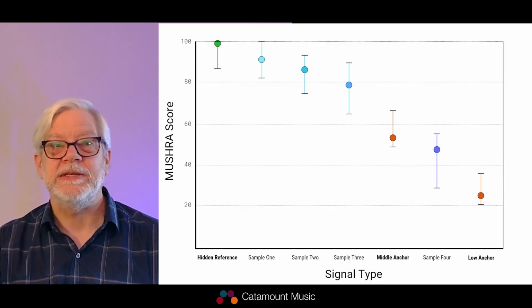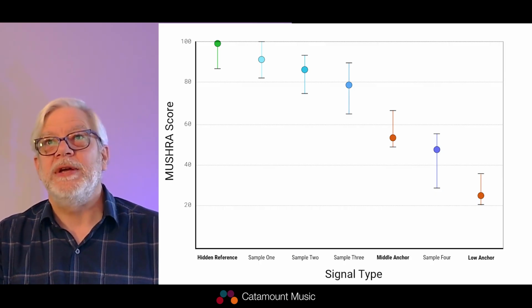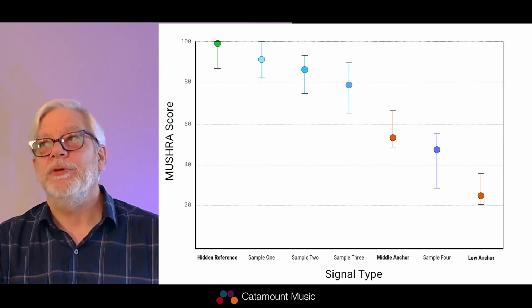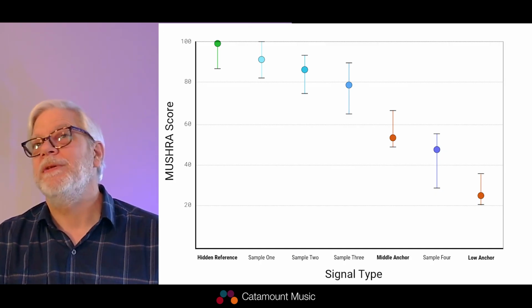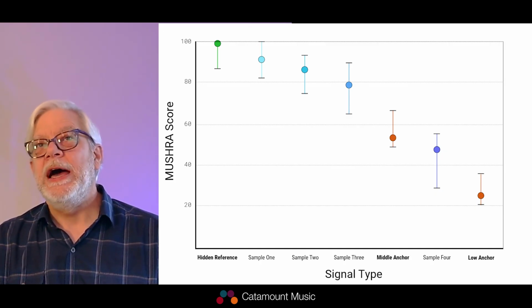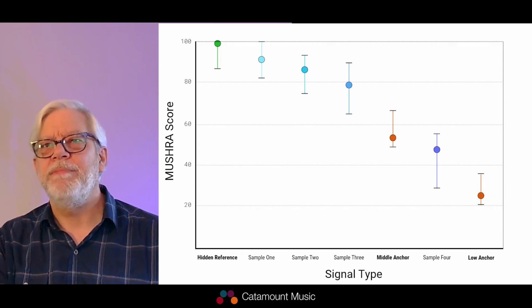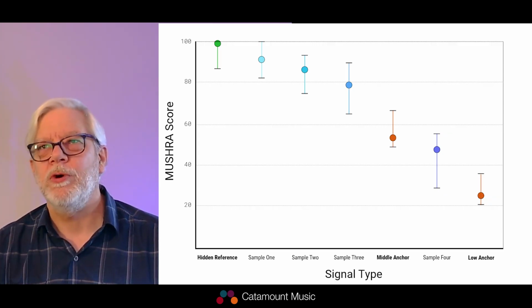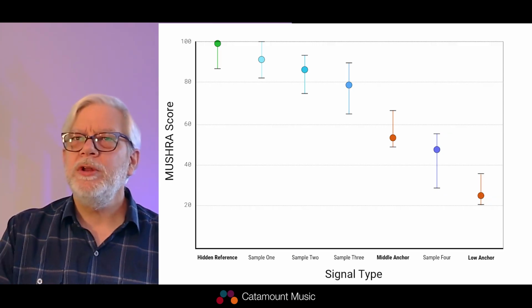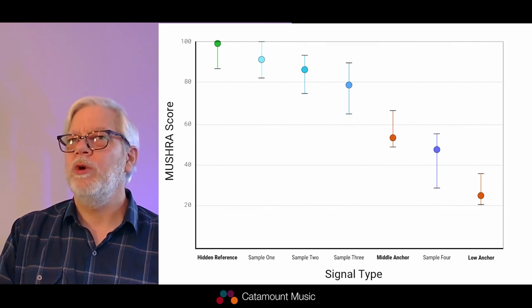I think that's the easiest way because if they were not able to identify the hidden reference, I can't really trust their hearing for this segment for the rest of the signals. I will for the other segments that are involved, but for this particular one, I would just throw away all the scores. But you can also see that in this case, 1 or more people have also